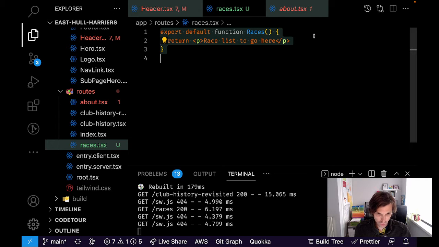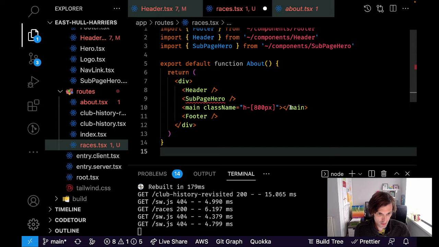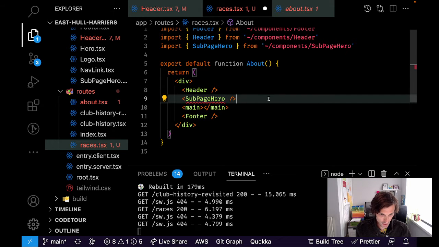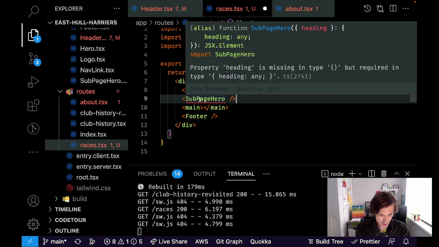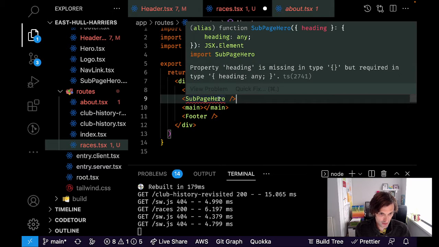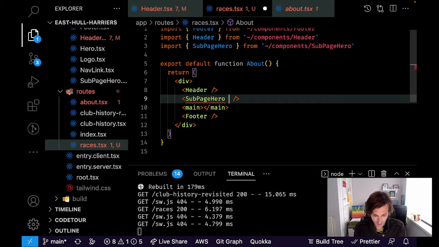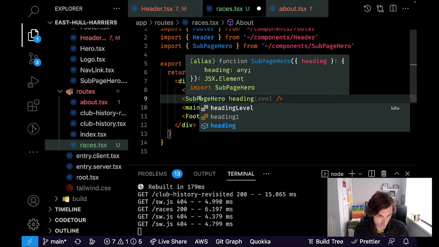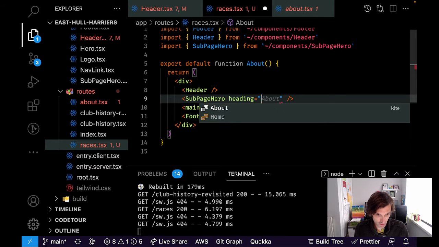So let's get rid of that. And actually in the last video for the subpage, I've added a prop for the heading. Did I call it heading? Yes, should be string really, but